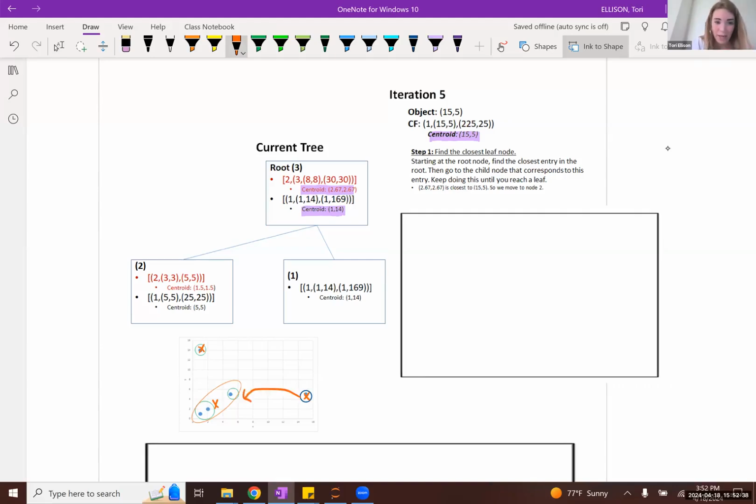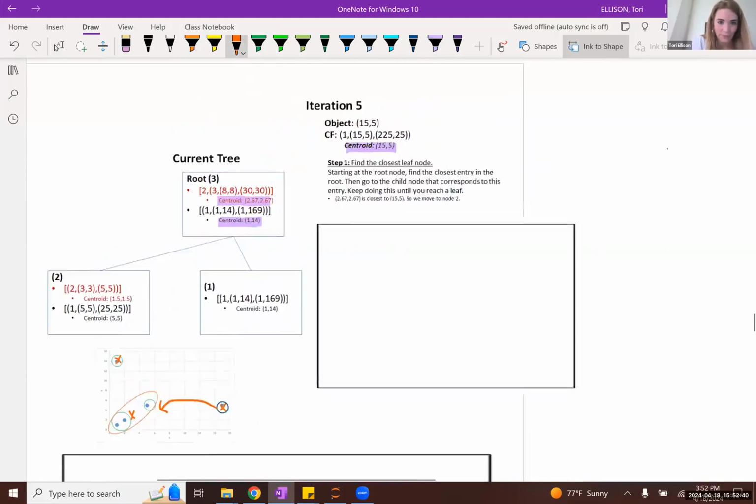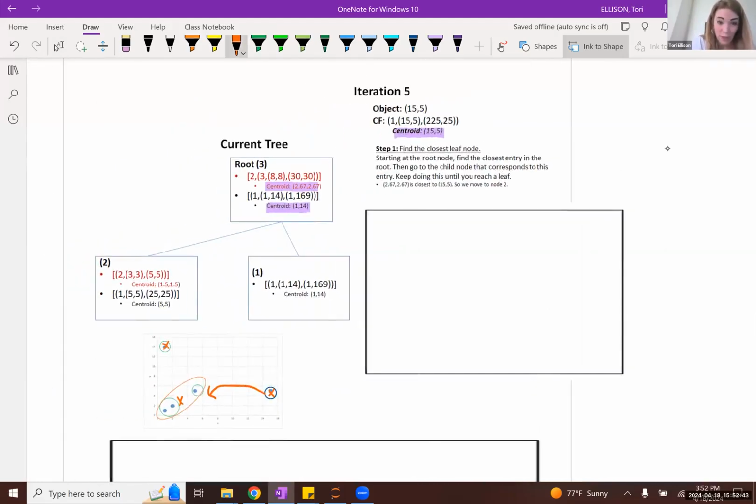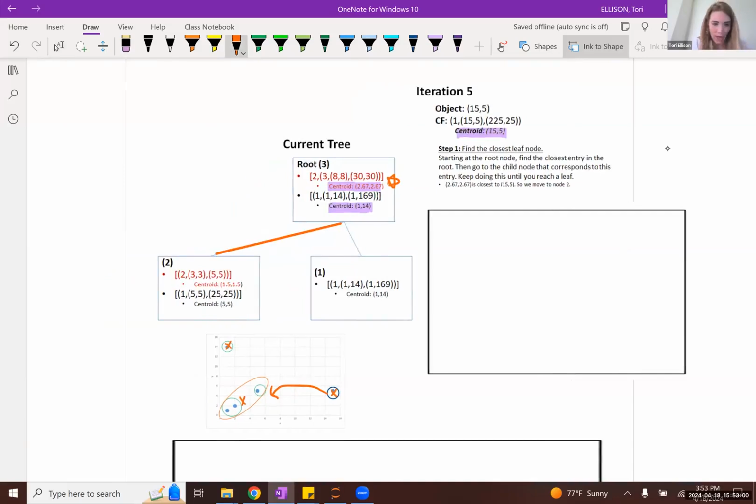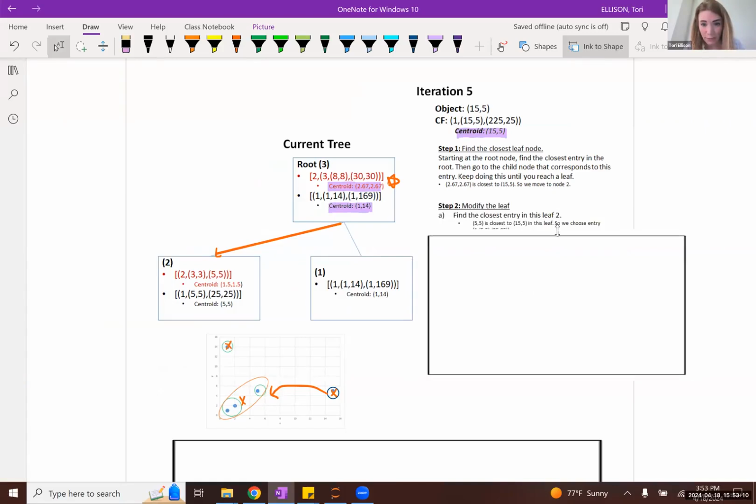So we would assign it first to this entry in the root node, basically to node 2. So we would go down the tree to node 2. It just so happens that node 2 is the leaf node, so we have now found the closest leaf.